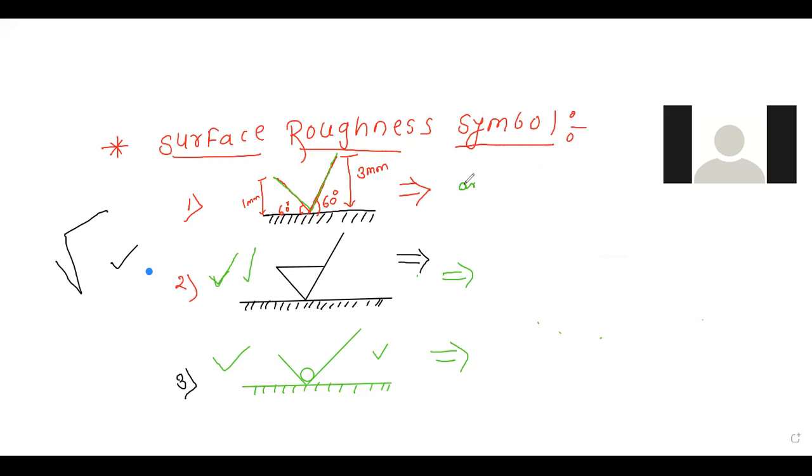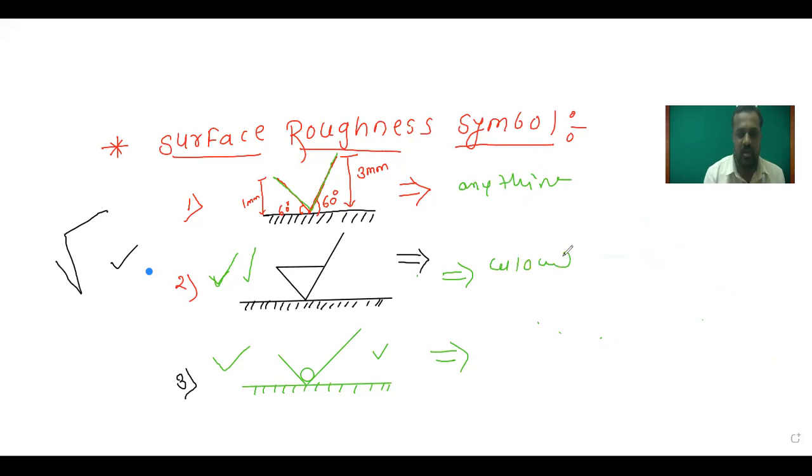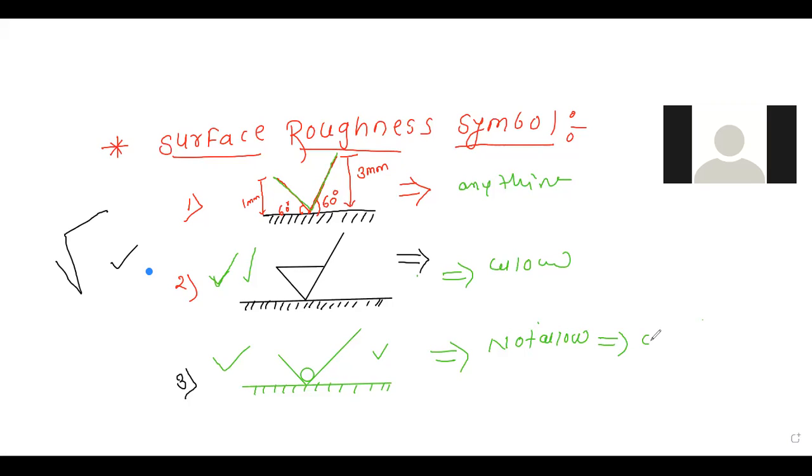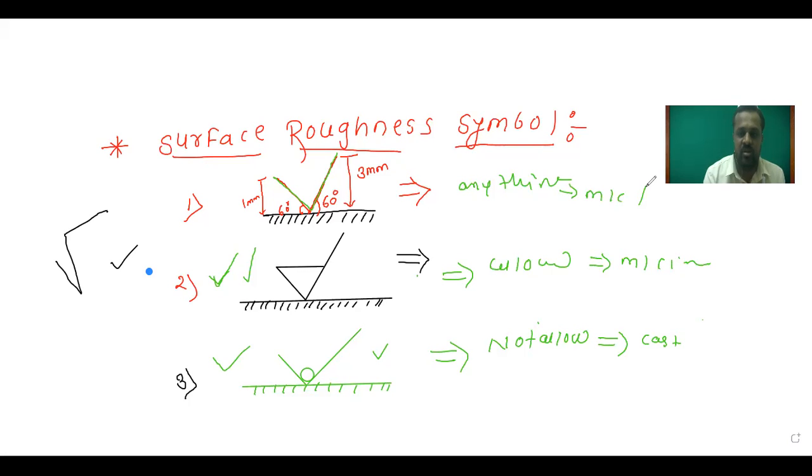Anything, okay, no problem. Here, material removal is allowed or not allowed? Allowed. Material removal is allowed. And here? Not allowed. For your better understanding, which production method do we have to use here? Forging, casting, no problem. Here we can use machining. And here we can use machining or casting, like forging. Okay, see, simple.